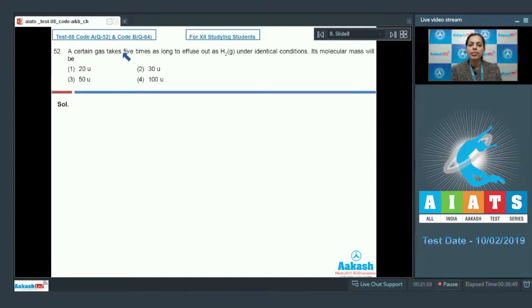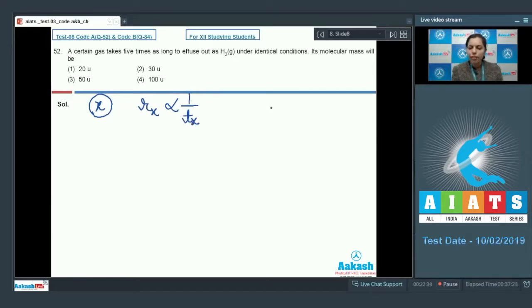Question number 52. A certain gas takes 5 times as long to effuse out as H2 gas under identical conditions. Its molecular mass will be. In this case, we have a certain gas, say that gas is X. For this particular gas X, the rate of effusion is suppose Rx. We know that rate of effusion is equal to the mass of the gas effused per unit time. So we can say that this Rx is inversely proportional to time taken by the gas during the process of